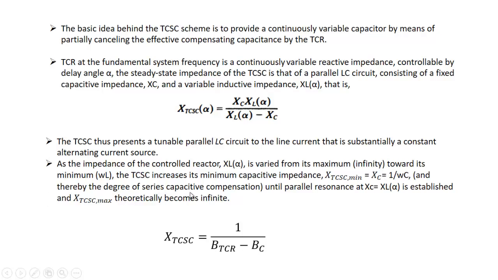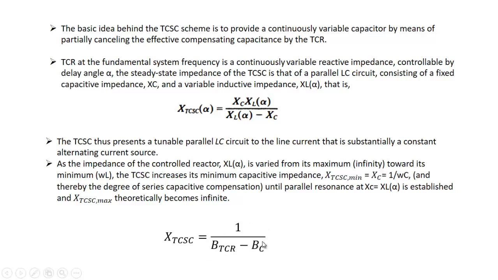And thereby the degree of the series capacitor compensation. So we change the degree of series compensation as well. Until the parallel resonance, we start from 0 and then try to increase the BTCR or decrease this XL value. When we increase this BTCR from 0 to when its value is equal to BC,